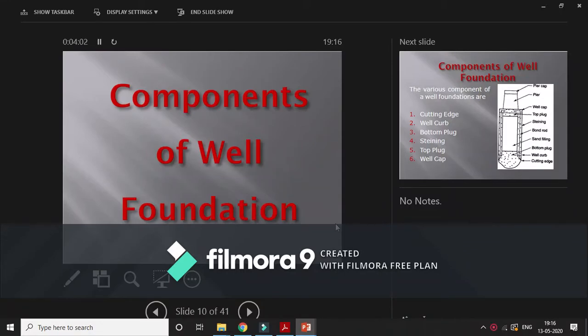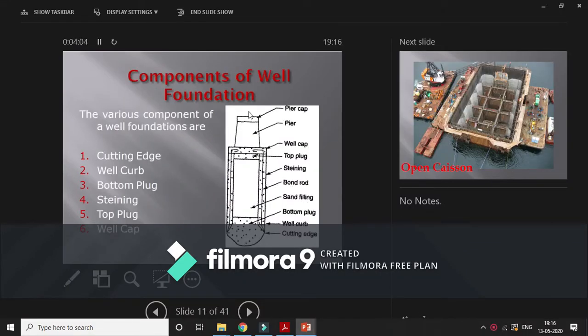Components of well foundation. So here it is. This is a very simple diagram. You can prefer any diagram from any chapter, any book here. But we need to concentrate on these six main components here. So starting from the bottom